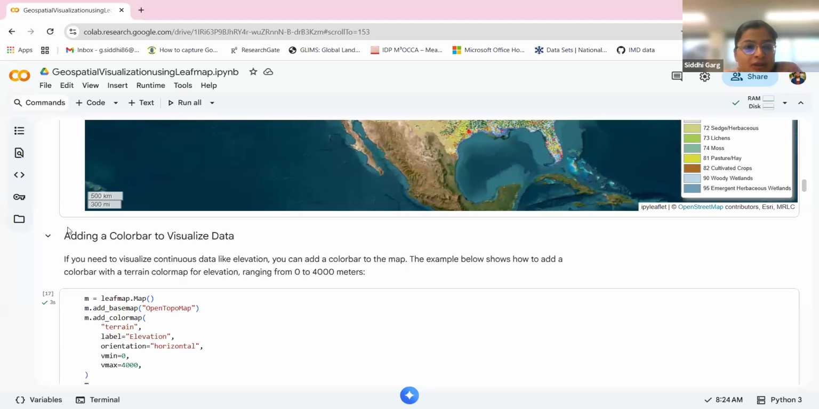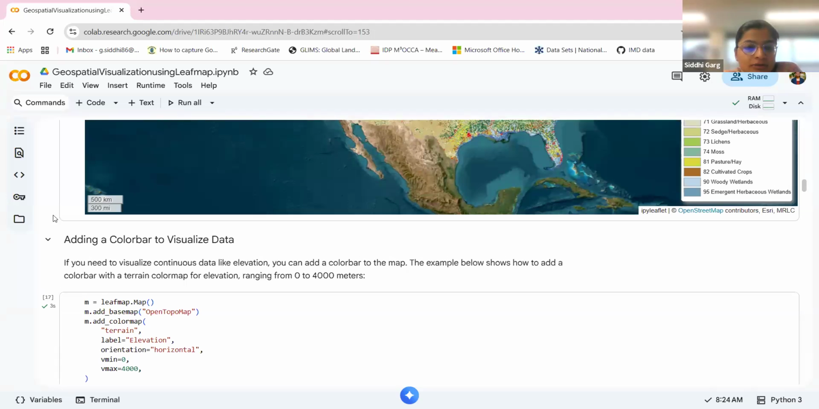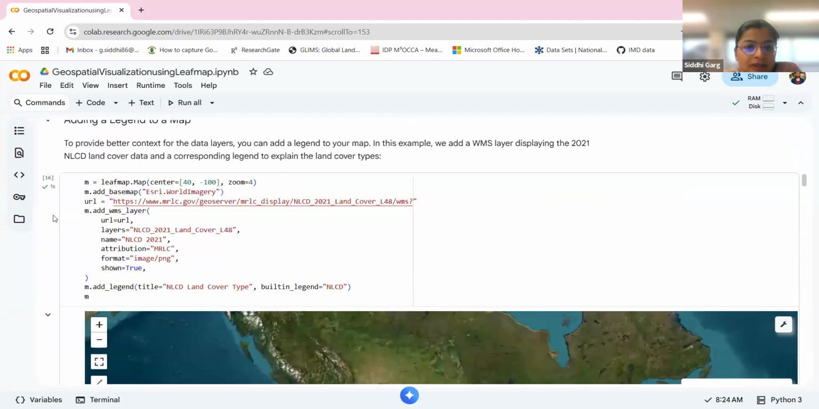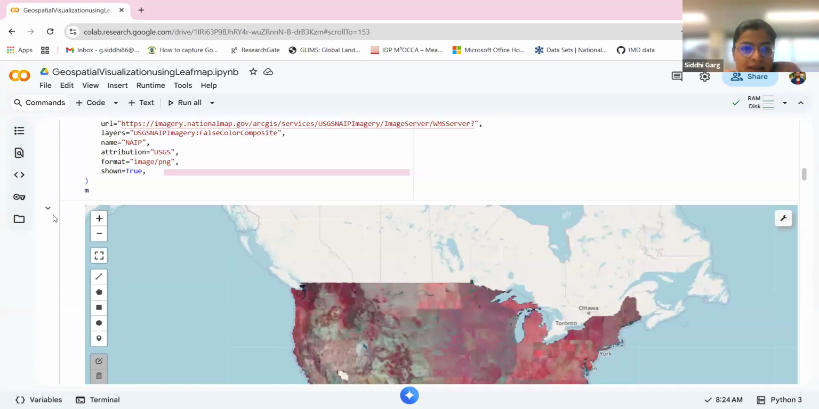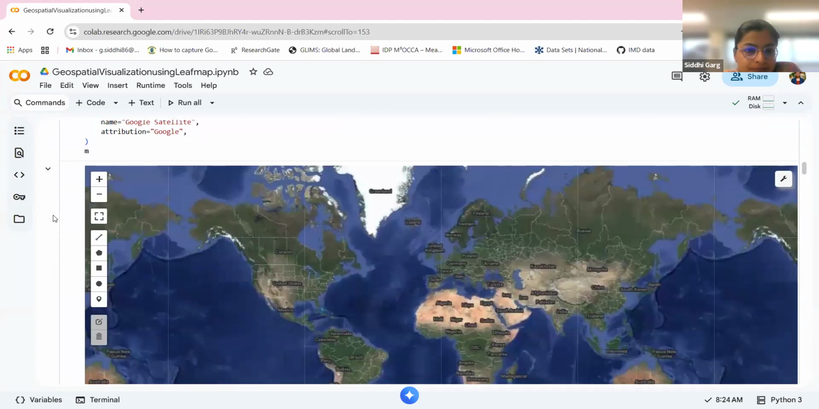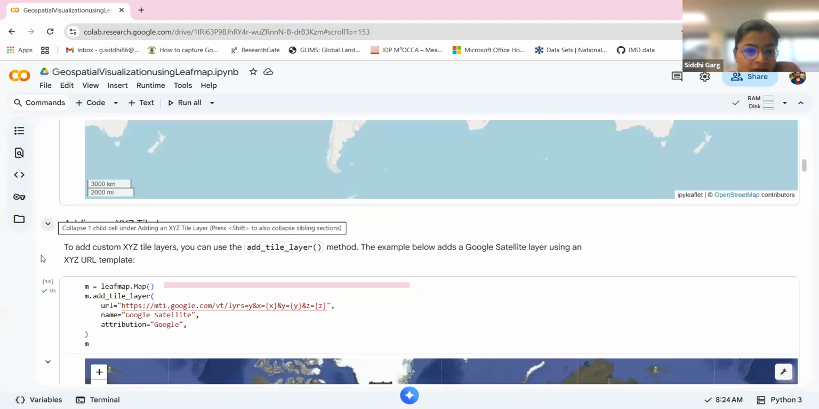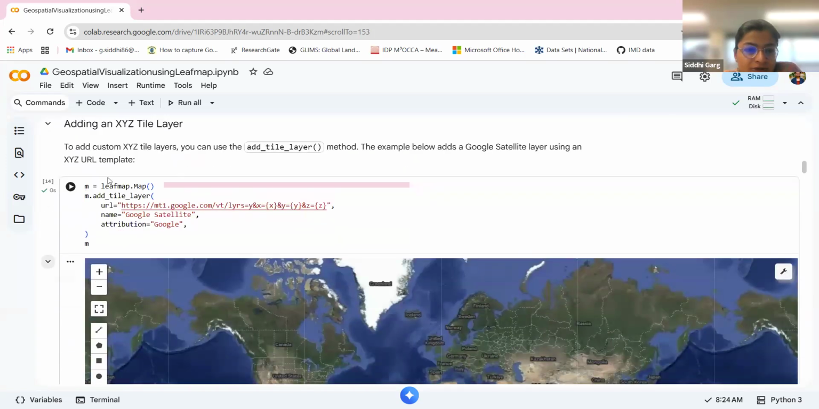So today we will be looking at the leafmap library for data visualization and how you can create your interactive map. On the first lecture we saw how we can add base maps and how we can add XYZ